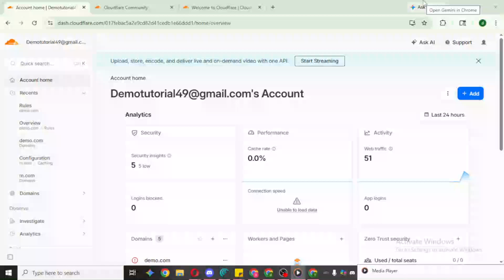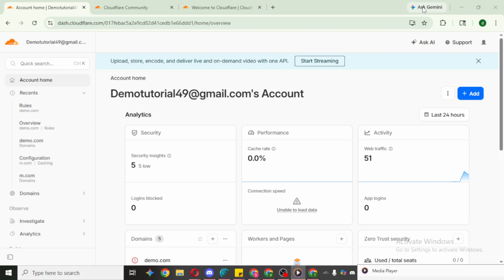In today's video, I'm going to teach you to be able to favorite a domain on Cloudflare. If you manage more than a couple of domains, favoriting is a simple way to keep your most important sites front and center. It adds a visual star to the domain and makes it quicker to find in your list, so you can jump straight into DNS, security, or performance settings without scrolling.